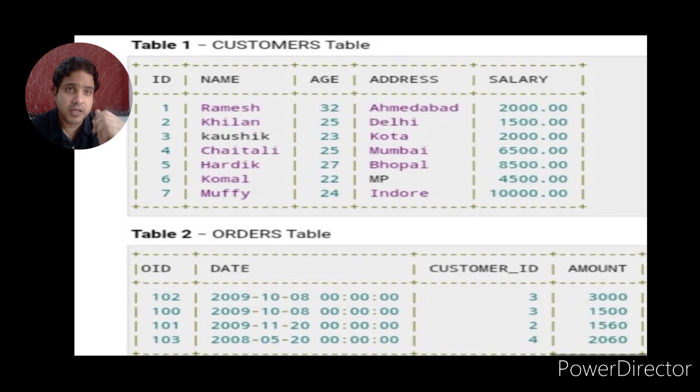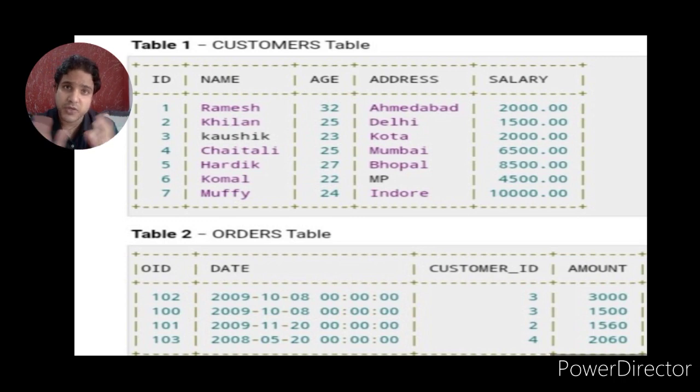Here, if we match the customer table ID attribute with the order table customer ID, customer ID is not a primary key of the order table, whereas the customer table ID is a primary key, but we can match the customer table ID and the order table customer ID. The attribute names are different, but they can be compared, and we can combine the tables along with the conditions.